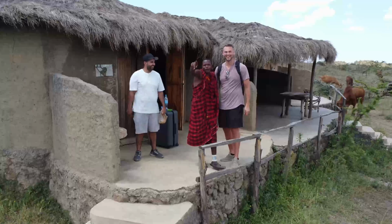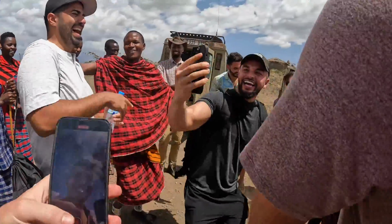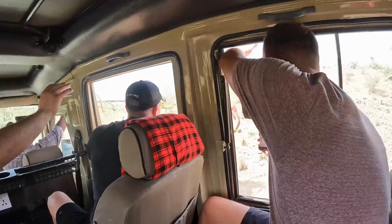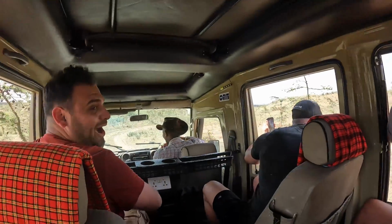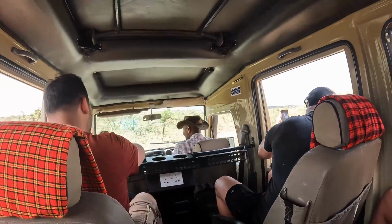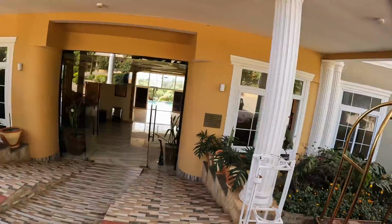But I will say this was one of my most memorable days of the trip because on our way out, the whole tribe came out singing and dancing, and they even chased our safari jeeps out on our way, which added a really special experience. Wow! So the drive we're taking is now over to Arusha,